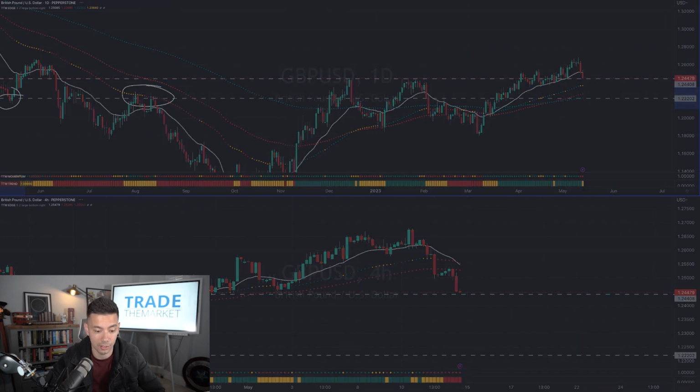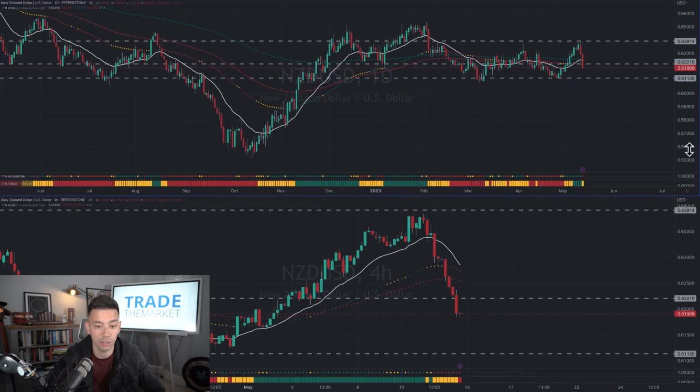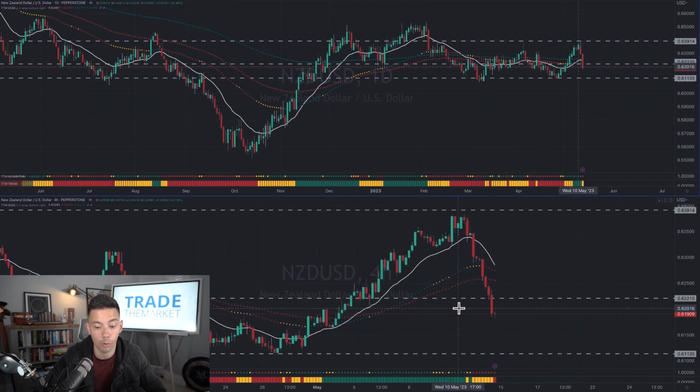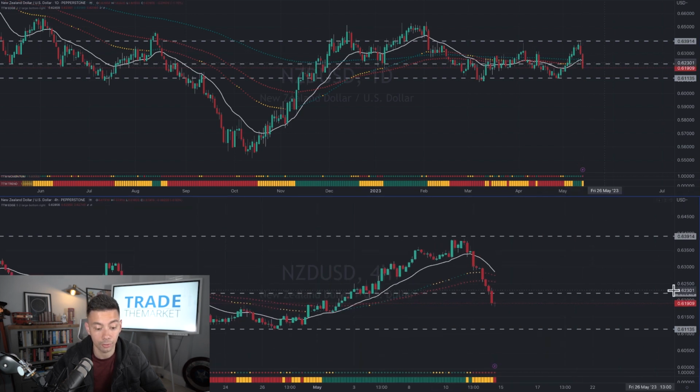We then look at the New Zealand dollar. As we can see here, it has sold through a level of support. We have previous supports over here. It broke through that and really didn't pay any attention whatsoever. Now I'm looking for a bit of a follow through in that dollar strength, and I'm looking for the market to sell down towards